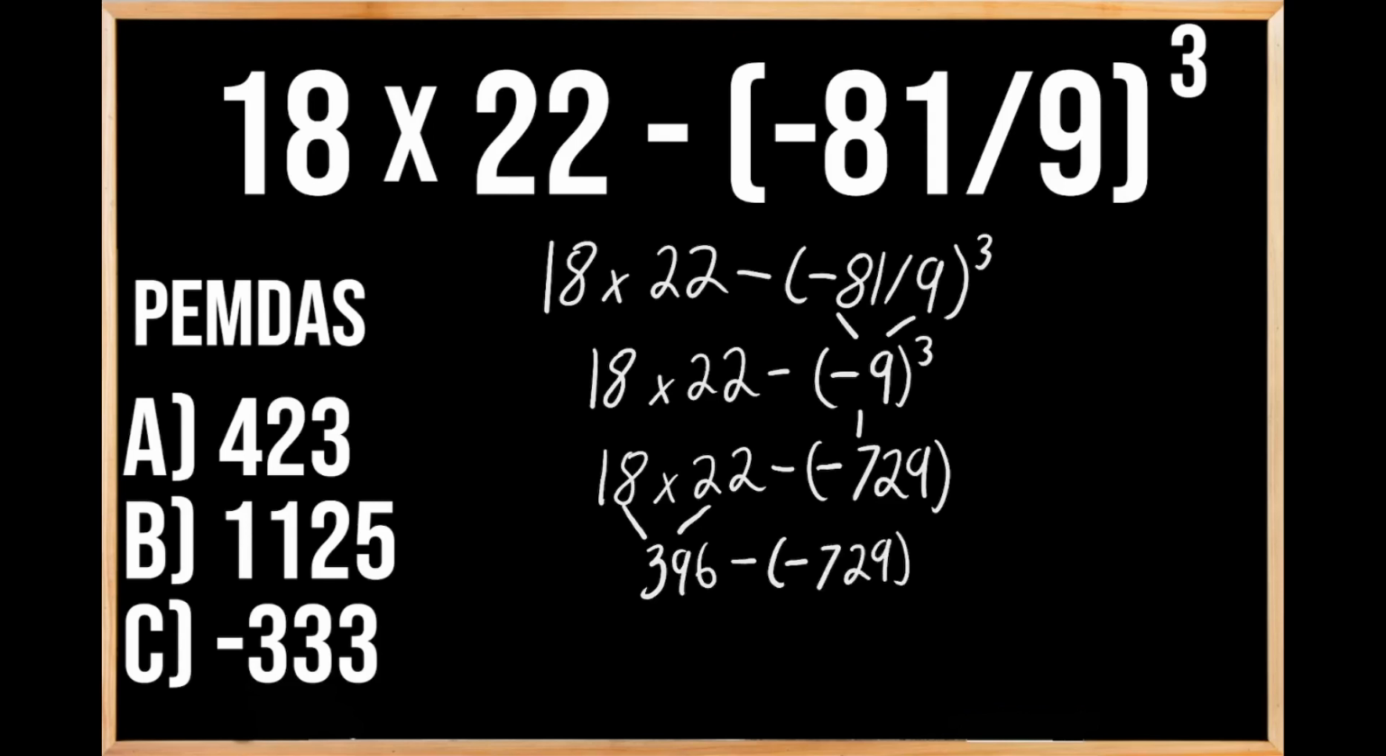Since we don't have any more multiplication or division, we're going to move on to our last priority of adding or subtracting. Here we're being asked to subtract negative 729 from 396. In order for us to subtract our negative value here, we're going to add the opposite. So we have our 396, that hasn't changed, but now we're going to be adding the opposite of negative 729, which is 729. And when we add 729 onto 396, we get 1,125. So that means that our answer is B,